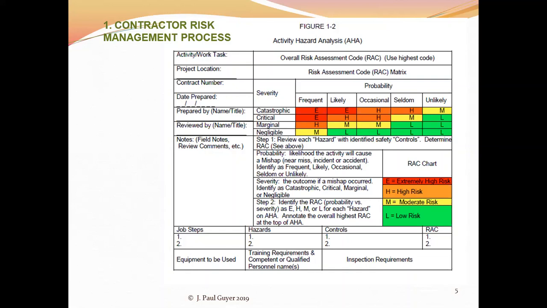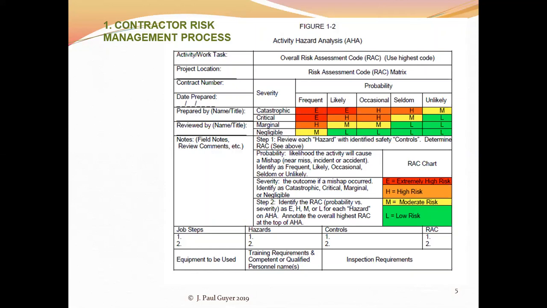You're hammering nails to join together pieces of lumber to form the formwork for the foundations. Hazards, hitting your thumb with the hammer. Now I'm being a little silly, obviously, but this is to illustrate the concept. So hazards, hitting your thumb with the hammer,